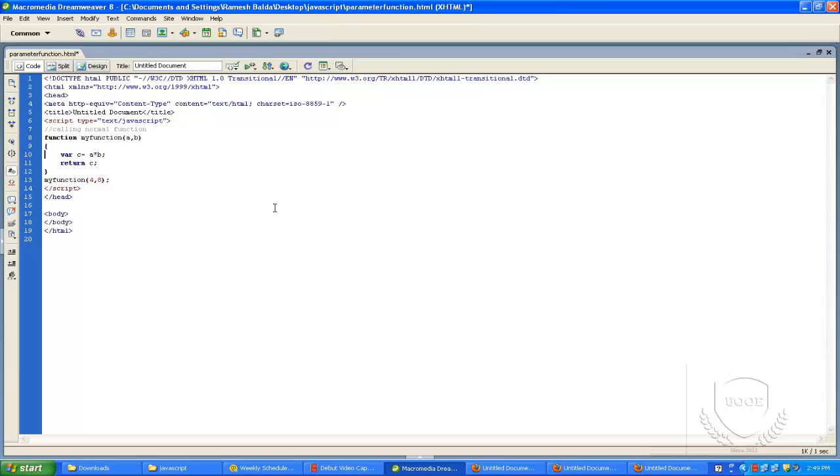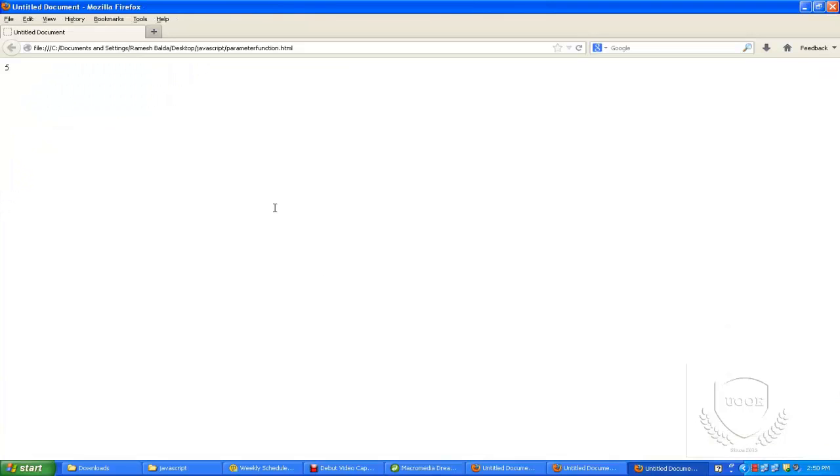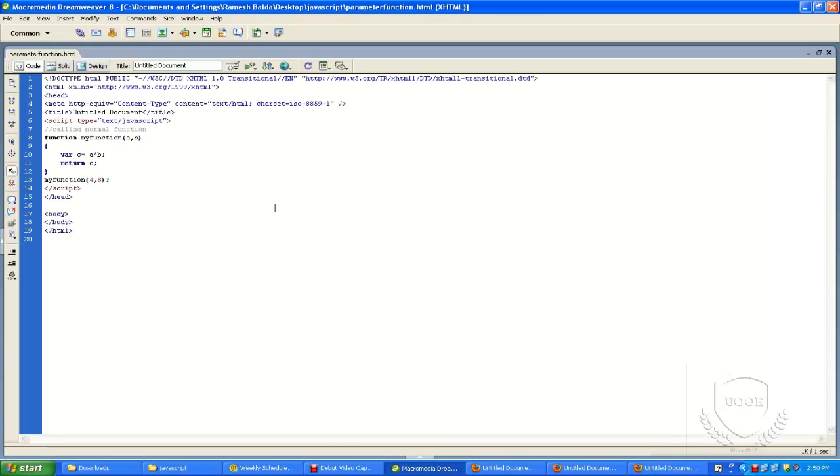This return statement specifies the value which will be returned to where the function was called. So the function that will return a result must use the return keyword. The statement specifies the value which will be returned to where the function was called from. The function is being called from here, so now the result is returned to this call. If you refresh, you will not find any result, you will find empty, because we have to print this function.